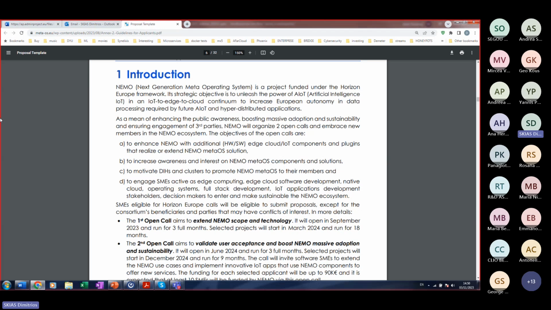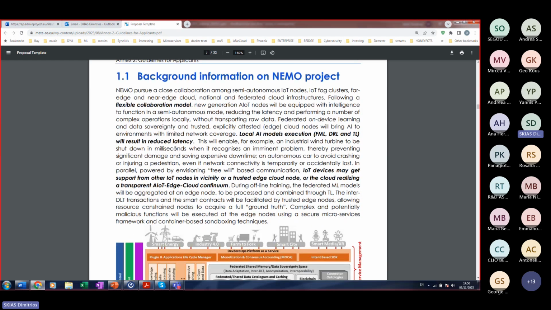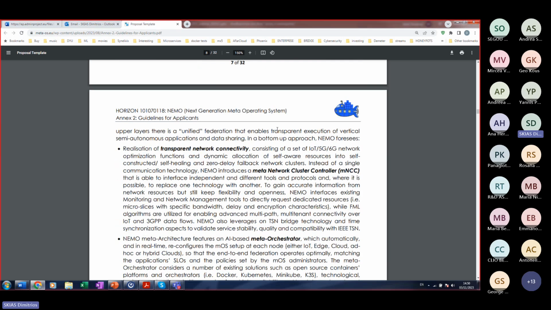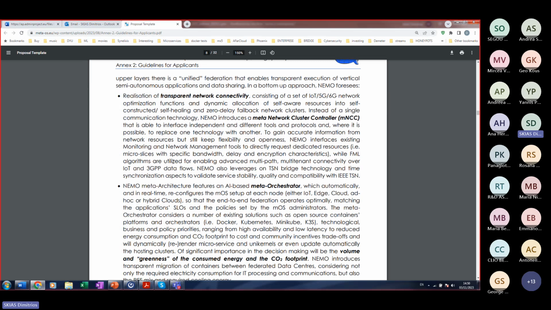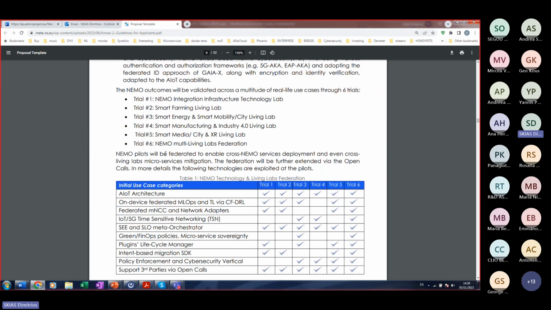It's a good thing for those interested to give it a thorough look, especially the eligibility criteria part, because there are some nuances or particular details that you have to take into account, so that we can avoid an unfortunate situation where you have finalized your proposal and then it gets rejected due to eligibility issues.